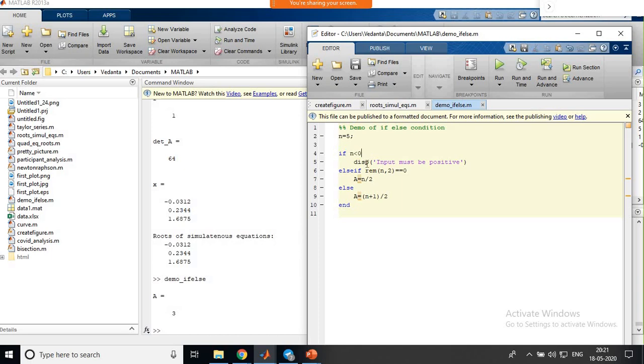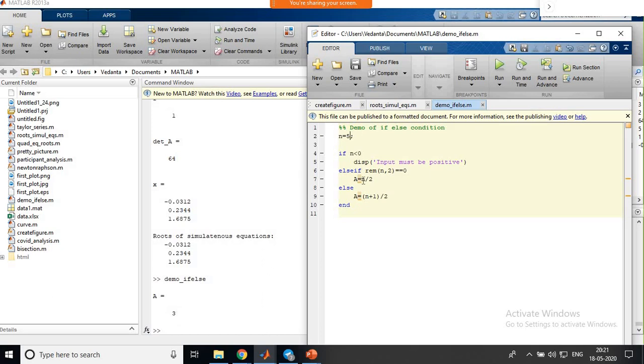Control will not go into this particular loop. Here it will check: n is 5, an odd number, so the condition for determining an even number, n equal to 0, will not happen. So obviously it will go to the next control. 5 plus 1 divided by 2 becomes 6, and 6 divided by 2 becomes 3.